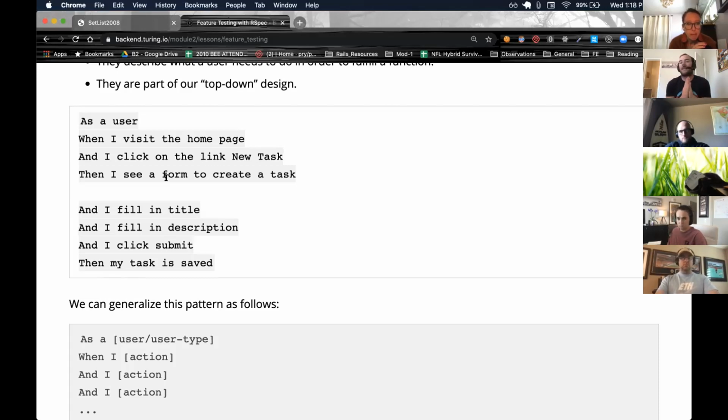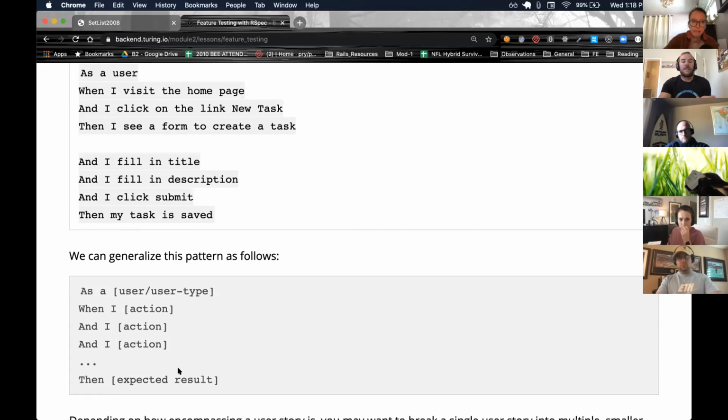All right, and so that's an example user story from Task Manager, but generally this is how a user story is going to flow. It's going to be like, hey, I'm a user, I'm doing some things, and then I expect a result. Then I use my expectations to assert that some things are true, or maybe assert that some things are false, or I should say refute that some things are false. Okay,